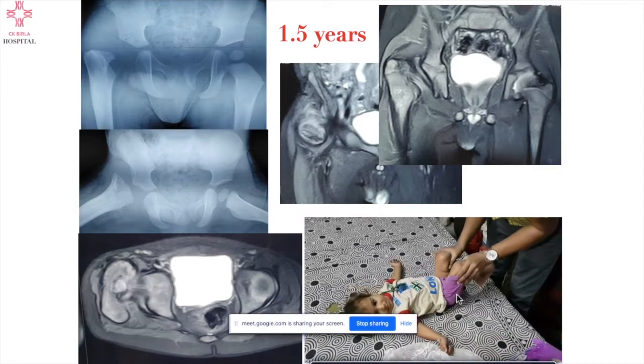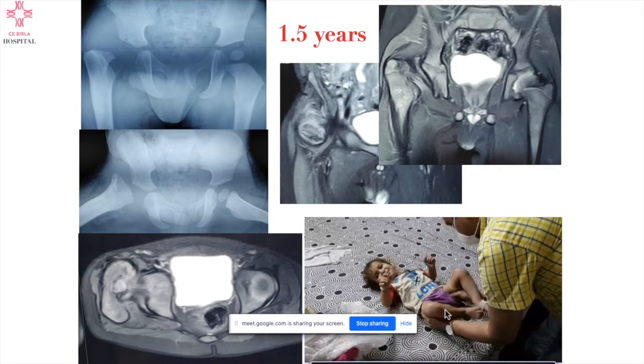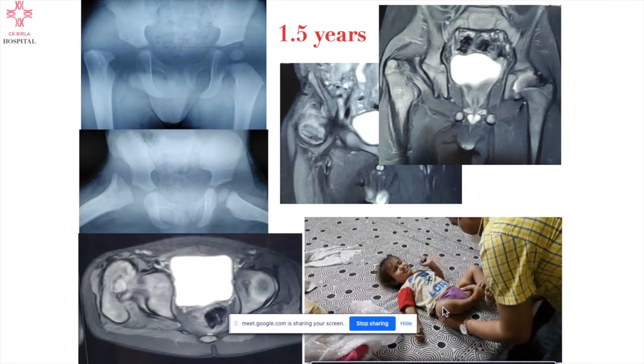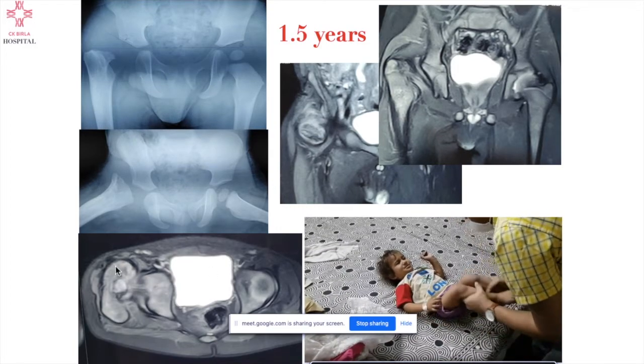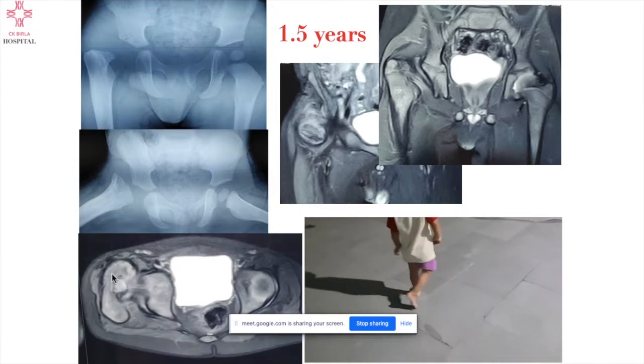So you see here how the hip is going out. So this is an unstable hip. So this is the telescopy test. I am doing the telescopic test on the right side, and it is painless, but the head is dislocated anteriorly. We got an MRI done, and see here the head is dislocated anteriorly.